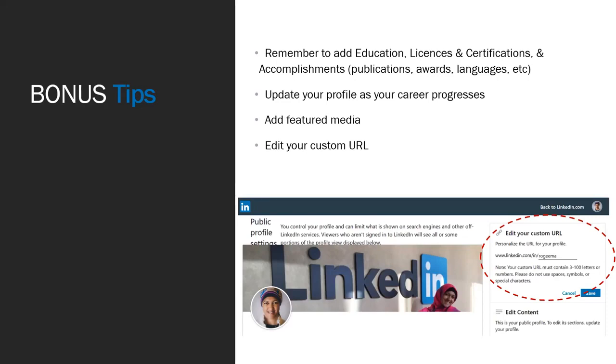This is something you might want to put, for example, on your CV. So on your hard copy CV, yes, a lot of times you're sending it via email and it's clickable, but sometimes people print it out and they want to type your LinkedIn profile into their browser. And you don't want it to be something that's going to confuse them. You want it to be something that's short, recognizable, and that actually showcases you.